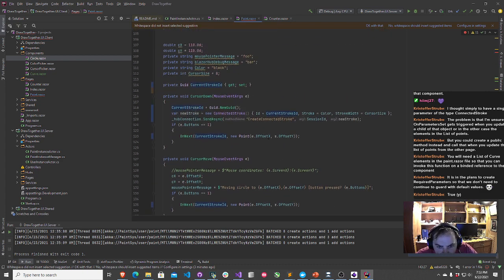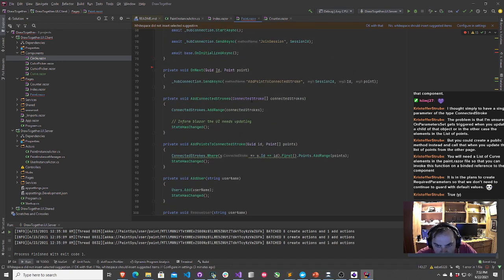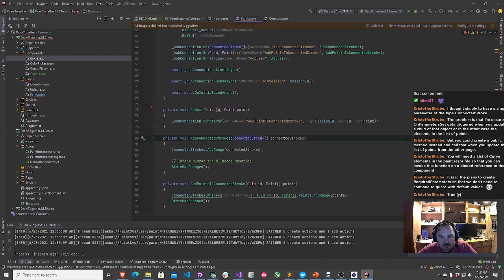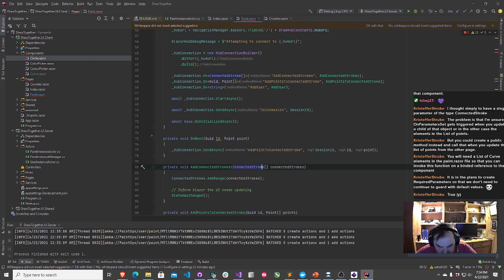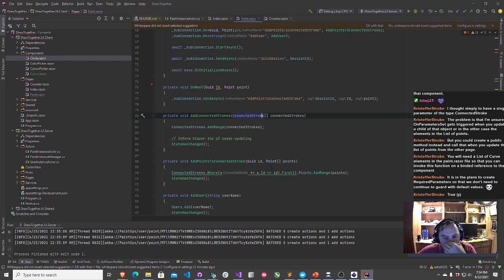Okay, got that. And then I need my events. Add connected stroke. So whenever one of these add connected stroke methods gets called, I can add those to my set of connected strokes.